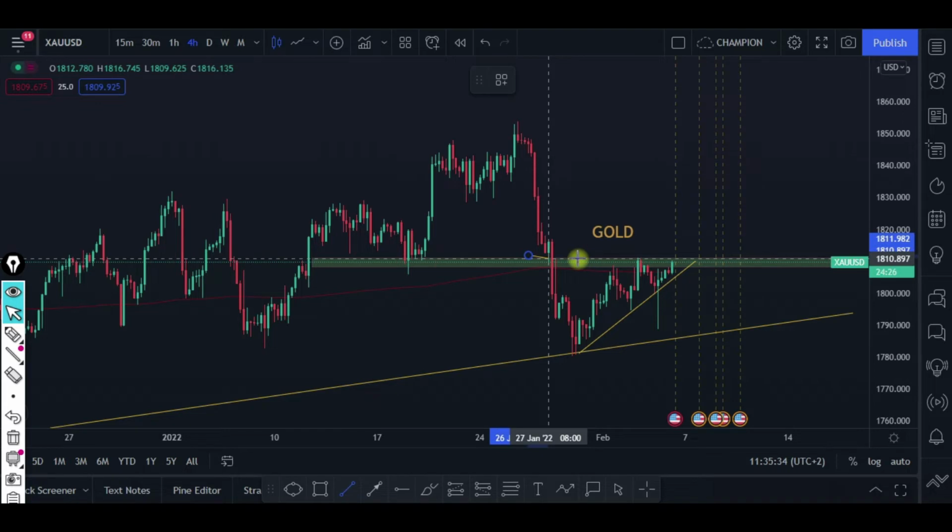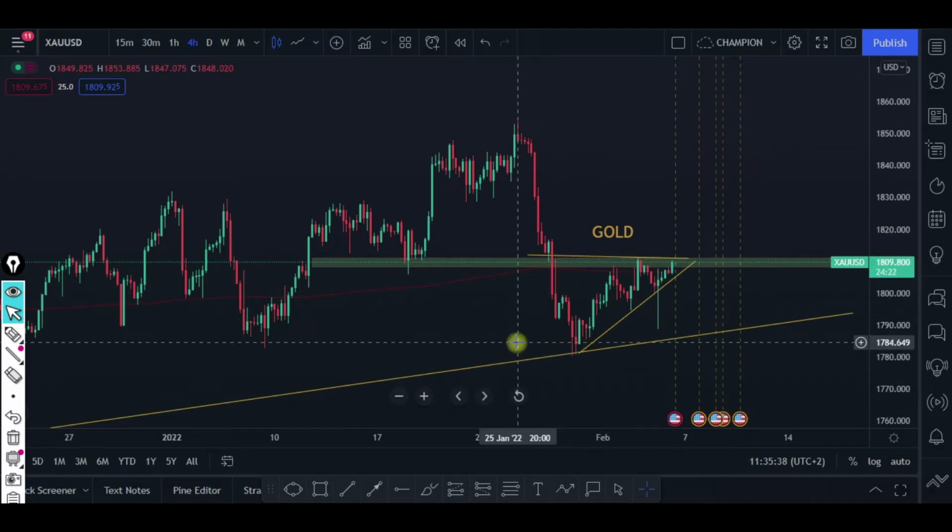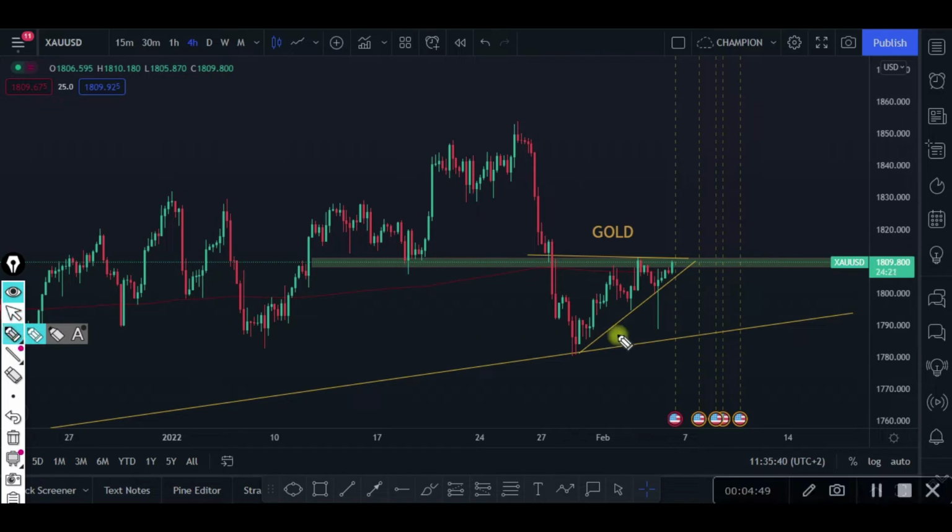Usually, from what I've noticed, wedges are always broken on this side of the trend line. But anyway, let's hope that the market breaks this area and we will be having something like this, because remember,